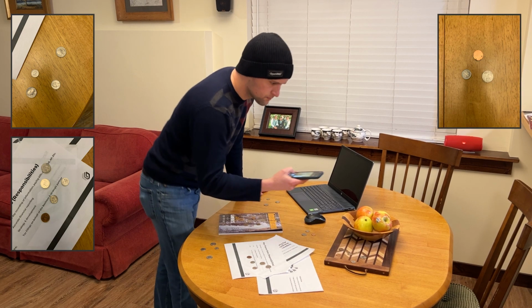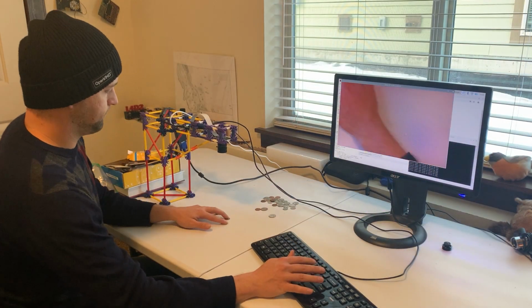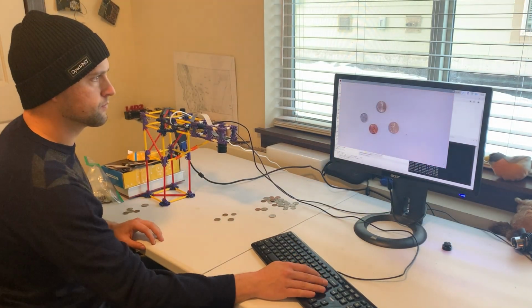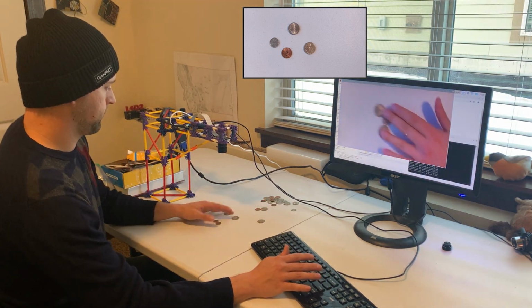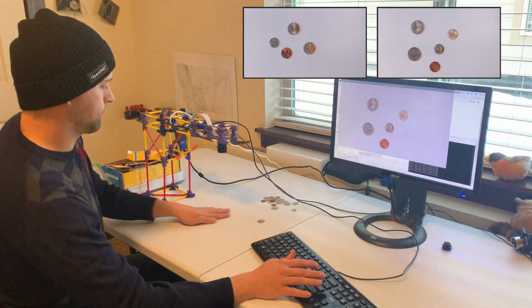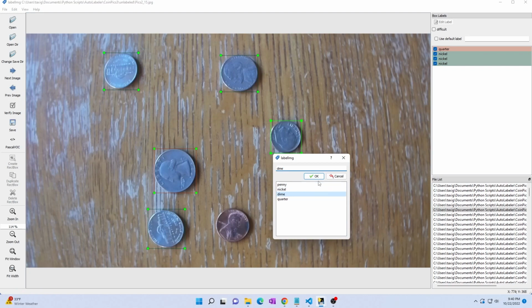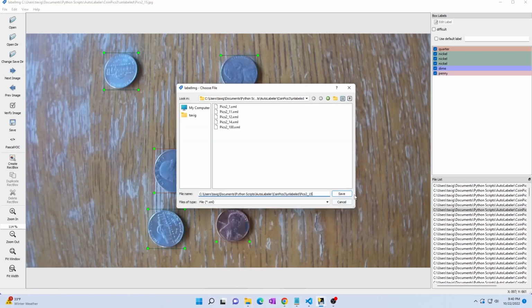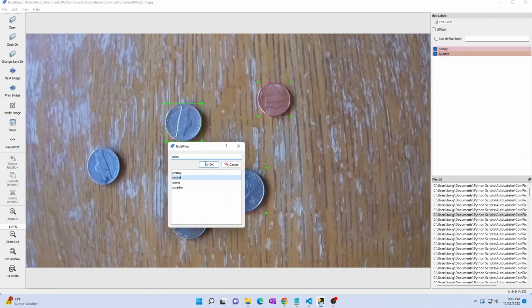For my coin detector, I took pictures with my phone and also set up a fixture to take pictures with my Raspberry Pi camera. You can also use images you find online, but I recommend taking your own pictures because it usually results in better accuracy for your application. Once you've gathered about 200 images, use an annotation program called LabelImage to draw bounding boxes around each object in each image. Again, my other YouTube video will walk you through how to do this.